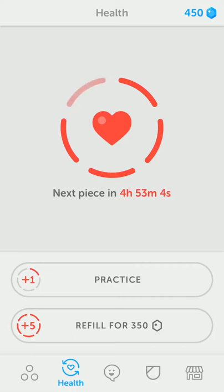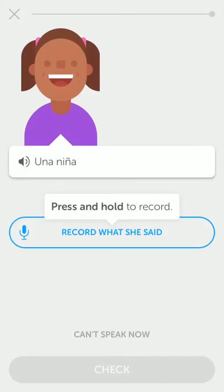Okay, so next piece, so I get it, as I lose a life, I get it back in 5 hours. So this is one of those game mechanics that's in place here. It's going to prompt me probably with one of those notifications that I denied, to try to get me back into the app and just keep that engagement going. So looks like I can use, I'm not sure if +1 means I would use a life, but anyway,